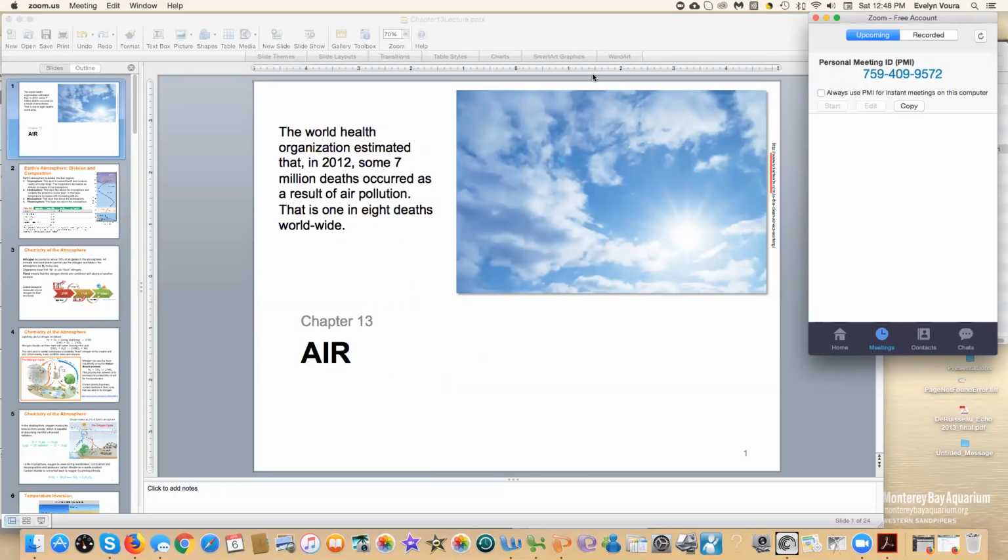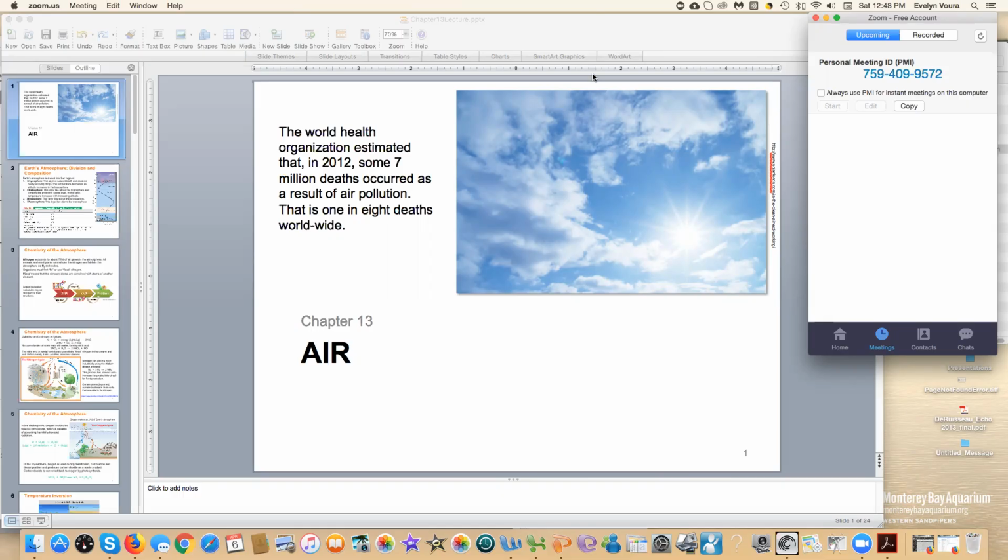I want to go over a few of the points in chapter 13. So now what's happening is that a lot of the stuff that we have covered earlier in the course is now we're using it, and some stuff we see again. So here, the point here, we're spending a lot of time talking about the basis of air pollution, right? So we've already done our Earth chapter, which was chapter 12, and now we're moving on to air, and of course the next one will be water, okay?